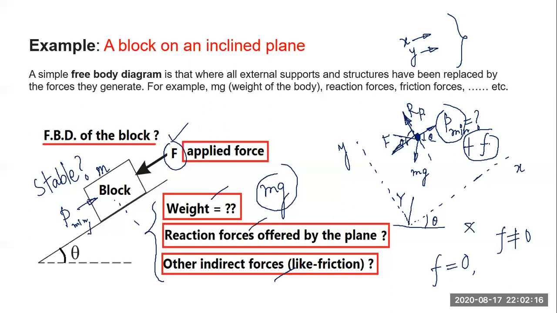These ideas will not be clear to us until all the forces are shown in a diagram. That diagram is the free body diagram. The free body diagram is the most vital thing before solving the problem, because if we cannot draw the correct free body diagram, then certainly the problem is not possible to solve, or the physical interpretation will become wrong.